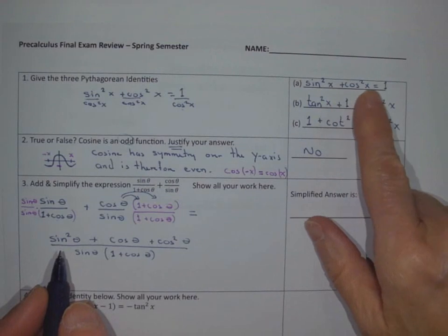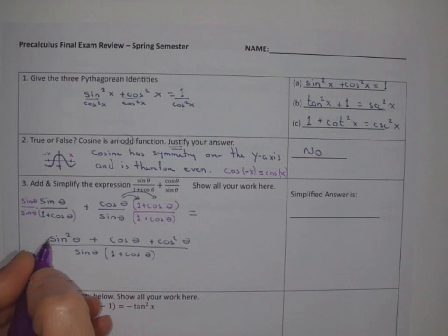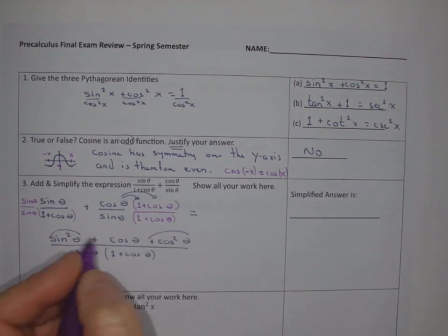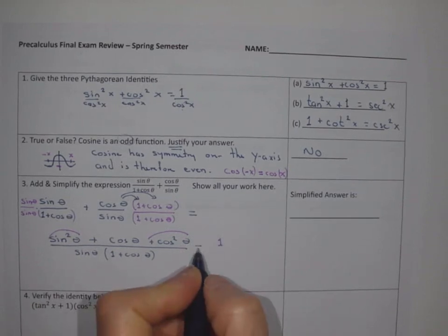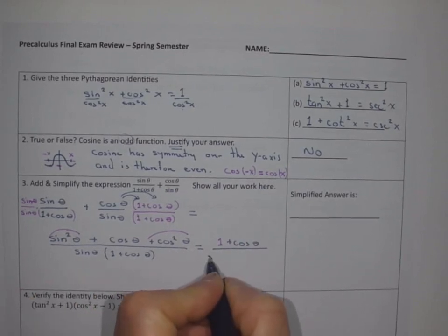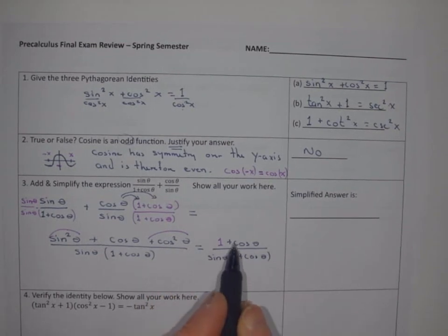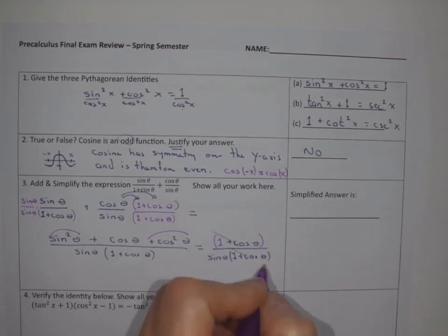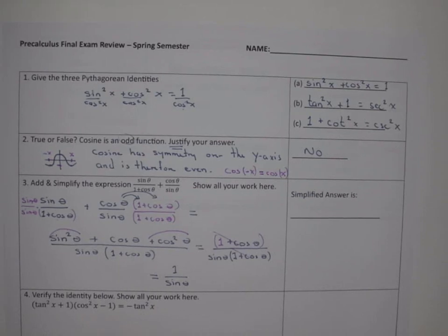And your identity is still up here, right? Sine squared plus cosine squared equals 1. So we have a sine squared here and a cosine squared, so that's going to become a 1. And then we're left with 1 plus the cosine here. And sure enough, if you look at your denominator, you will notice that our denominator has that same factor here, right? So we can say, okay, those two cancel. And so our simplified answer would be 1 over a sine theta,